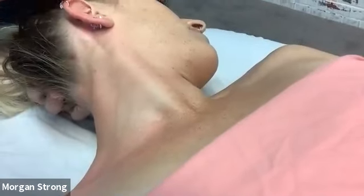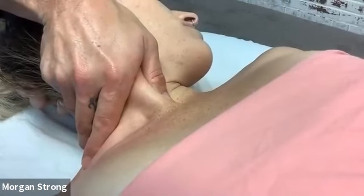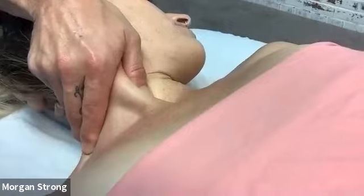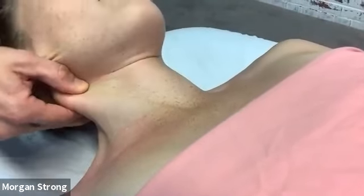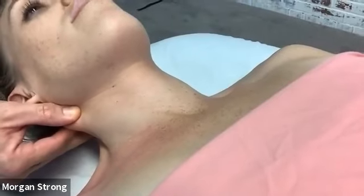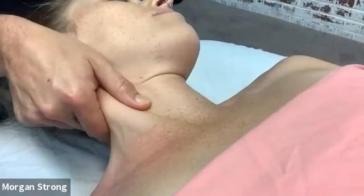So again, I'll have her take her ear to the ceiling. Bam, there's the muscle. I grab it, I tell her, hey, take a relaxing breath for a minute. Yeah, relax your neck. Right, and as I have it, I'm just gonna take my finger and glide right on up. All right, again, I'm not pinching anything. I'm not grabbing it like a vice grip. I'm literally just running my fingers along each side of it